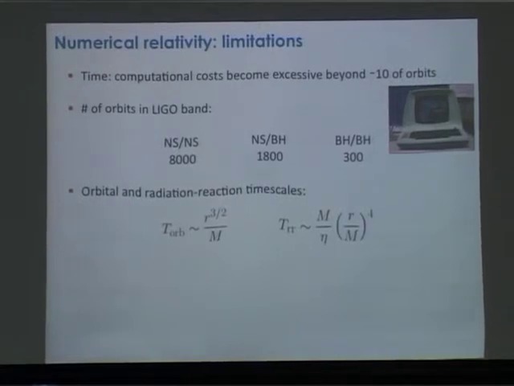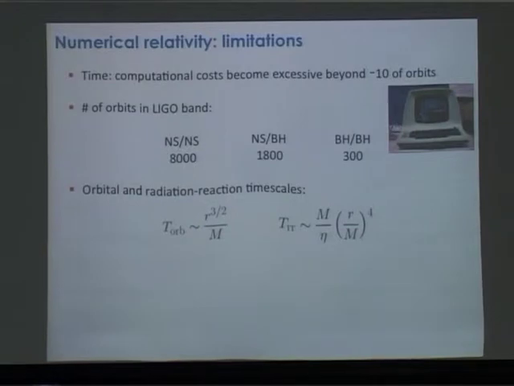Furthermore, if you look at how the orbital times and radiation reaction timescales scale, you can get a better sense as to why it's hard to do certain types of simulations. So if I look at the orbital time of a binary, just the time it takes to do one orbit, that scales like the radial separation between the two bodies to some power. And the radiation reaction time scale, the time it takes for the orbital radius to change appreciably due to gravitational wave emission, that scales like a much higher power of the orbital separation, and also scales like 1 over essentially the mass ratio. Okay?